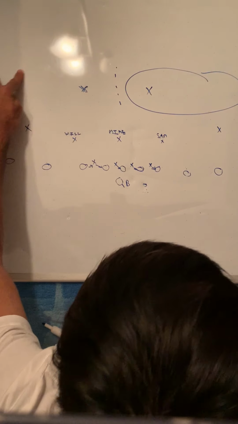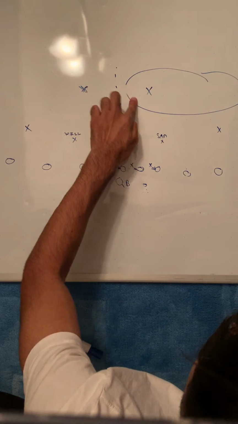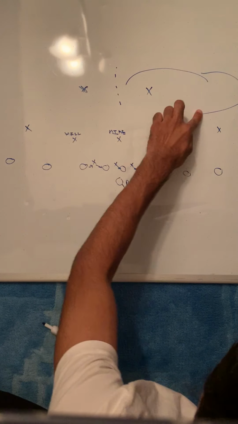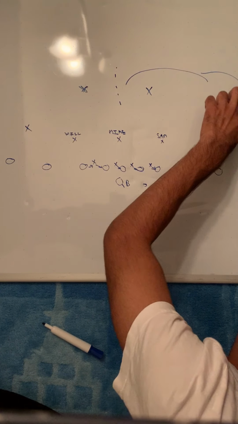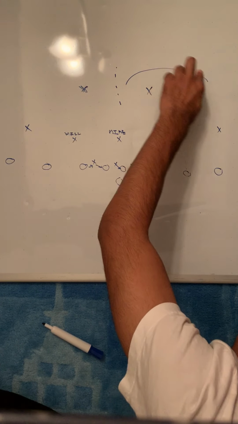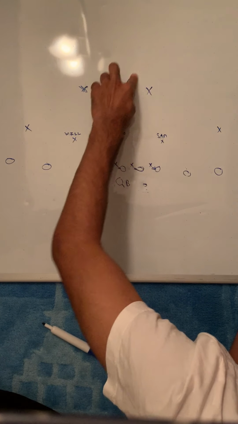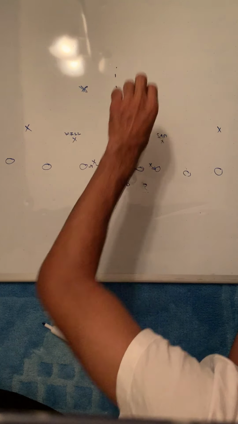Now, usually you're going to be rushing 4 guys. You could rush 3, theoretically, if you wanted to. Some teams play a 4-3, some teams play a 3-4, which we will talk about either in a later video, or I think I've already done that video. But,